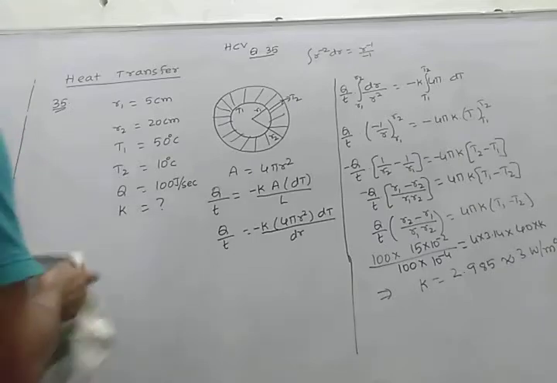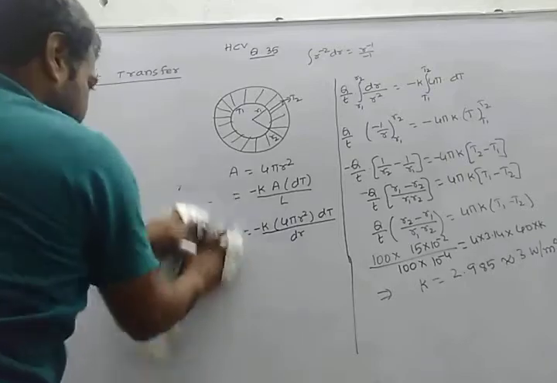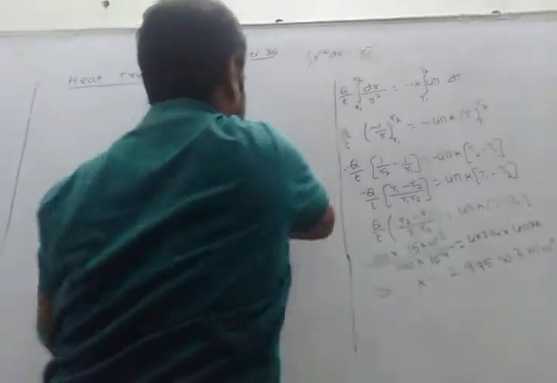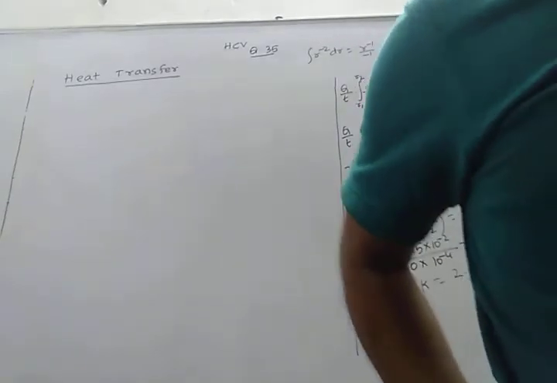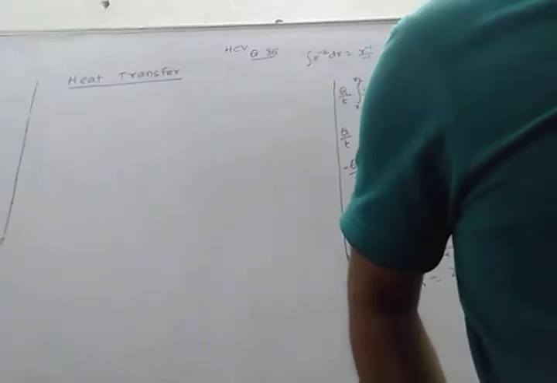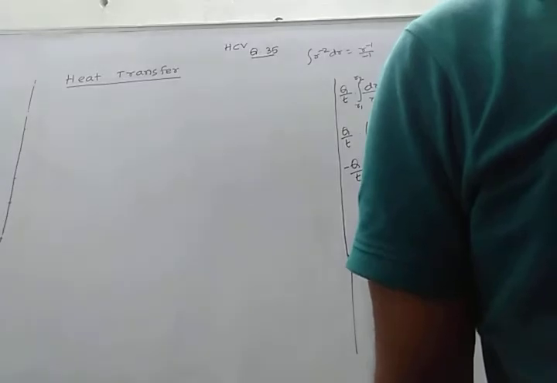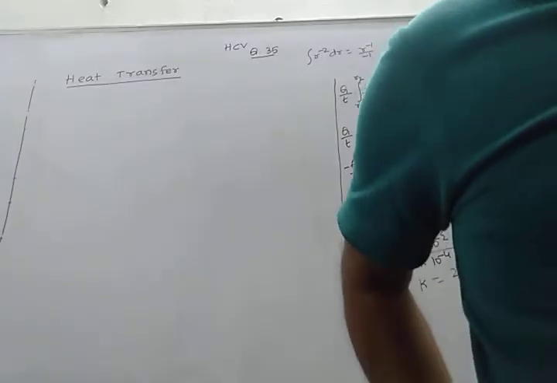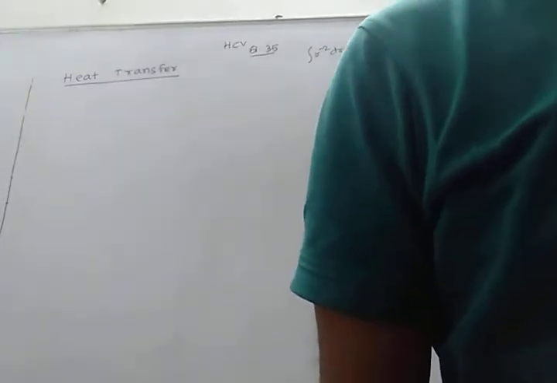Okay, see the next question, 36. They gave it as: the diagram shows two adiabatic vessels, each containing a mass m of water at different temperatures. The ends of a metal rod of length L, area of cross section A, and thermal conductivity K are inserted in the water as shown in the diagram.